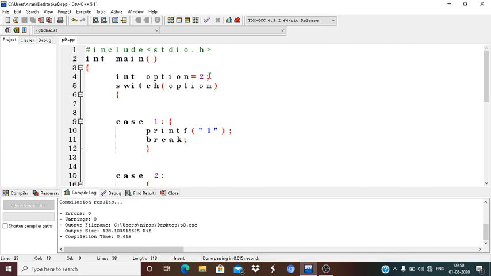It is called the expression or a value. Here I can write option, because my variable name is option.